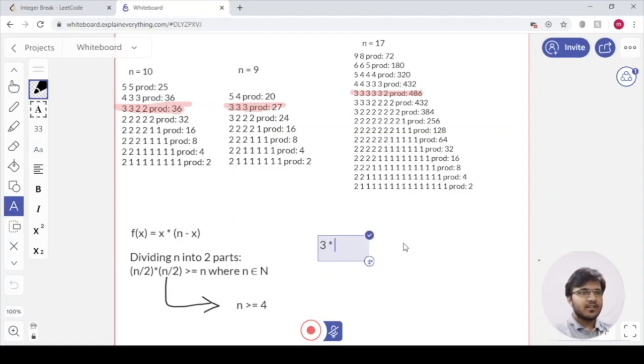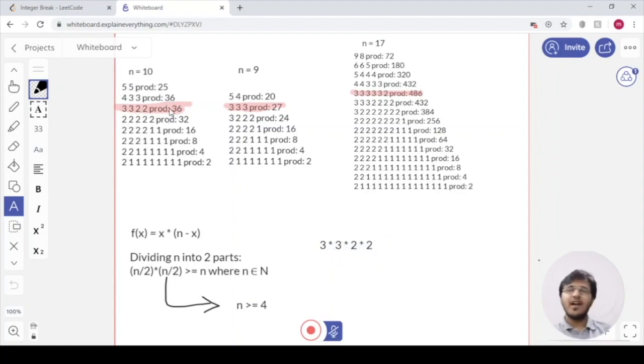So let's subtract 3 again. So 7 minus 3 would be 4. So it will be 3 into 4. Now if we subtract 3 from it, we will get 3 and 1, and we don't want any 1s in our numbers. So we will just divide 4 into 2 and 2, because we can either keep 3s or we can keep 2s. And if we extract 3 from 4, then we will get 1, and we don't want that. So we will divide 4 into 2 and 2. So this will be our result, and as you can see, this is our result here.